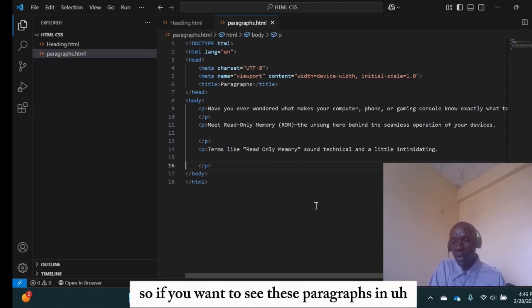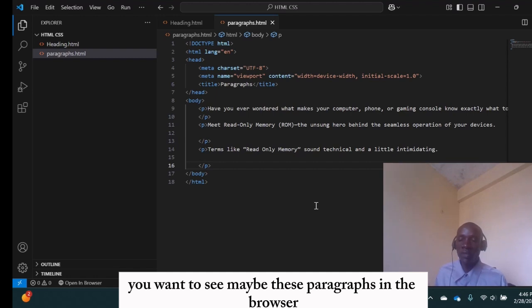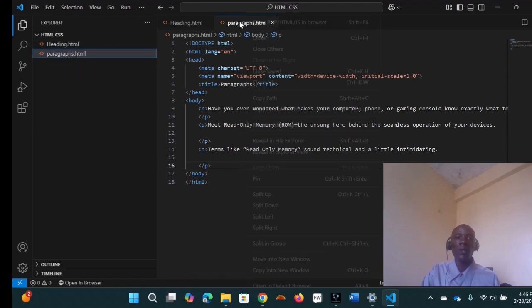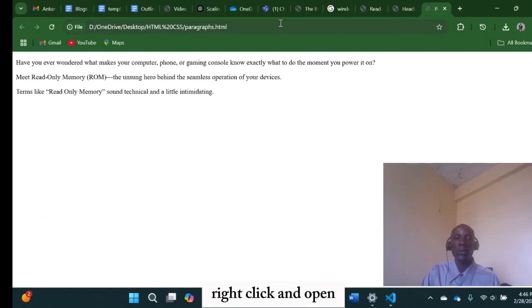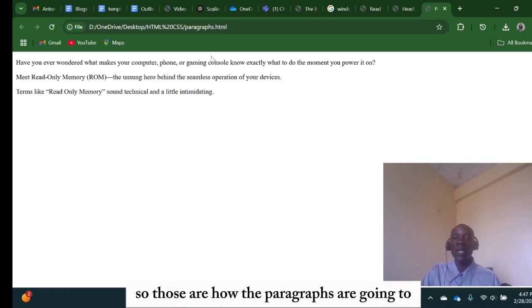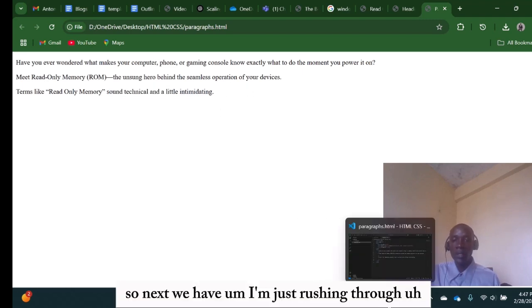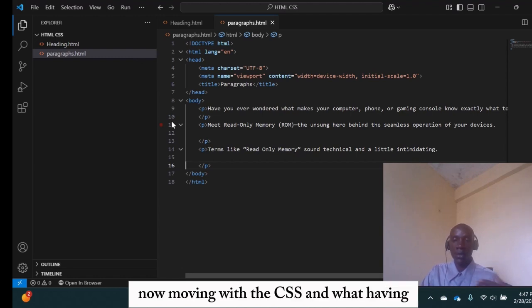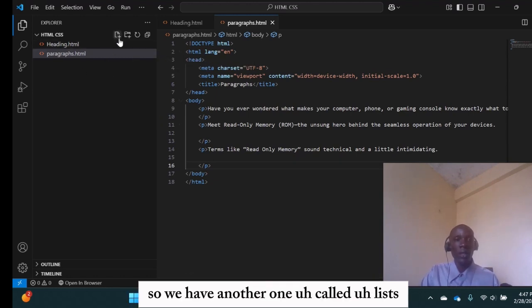So if you want to see maybe these paragraphs in the browser, what do you do? You just come here, right click, then you open. So it's going to open the paragraphs. You see those paragraphs? So this is the first one, this is the second one, then the third one. So those are how the paragraphs are going to go. So next, I'm just rushing through the basics, so we can actually start now moving with the CSS and what have you. So we have another one we call